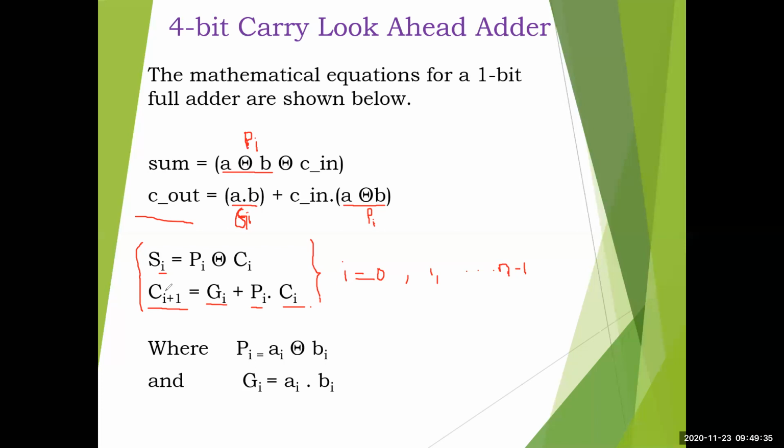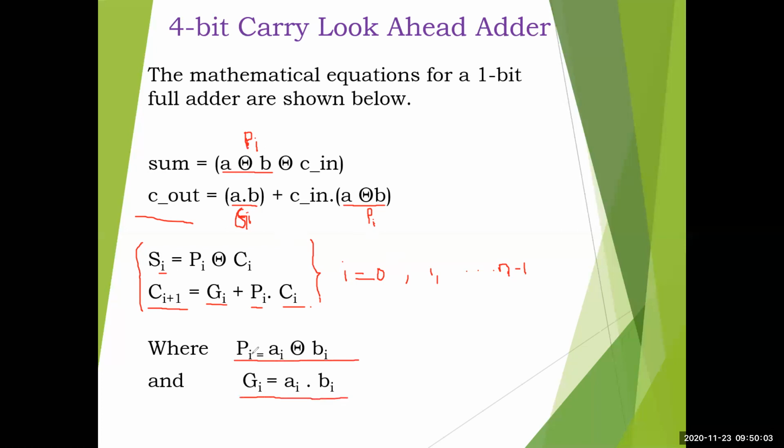So similarly, you can do it for up to 4-bit. You can extend it to 8-bit if you know this i equation. In 8-bit, what will happen here? 0 to 7, 16-bit 0 to 15, 32-bit 0 to 31, 64-bit 0 to 63, 128-bit 0 to 127. Like that, any number of carry lookahead adder you can design. Hope it is clear. Now this is what I have written here after substituting. This one we have to generate first: Pi is equal to ai XOR bi, and gi equal to ai dot bi.